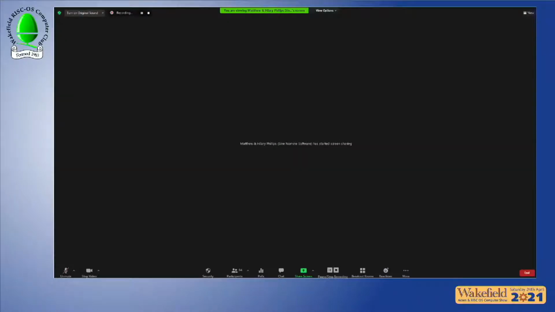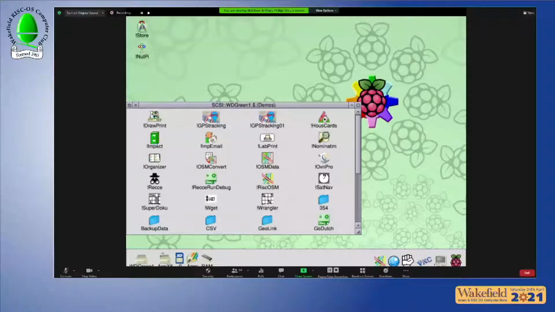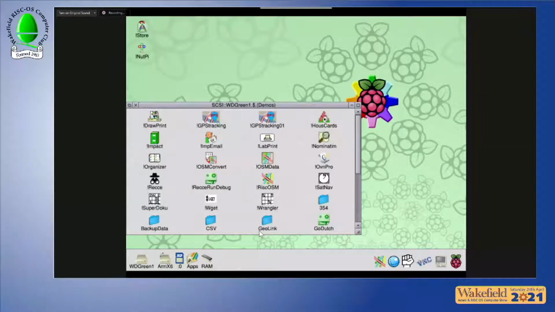So I'm going to try sharing my screen if that's been allowed. And hopefully you should now be seeing a desktop. Good. And I'll try not to go too fast because I'm aware that Zoom gets quite laggy sometimes. So this is just a Raspberry Pi 3 and not quite on the latest version of the operating system. And the first thing we want to demonstrate